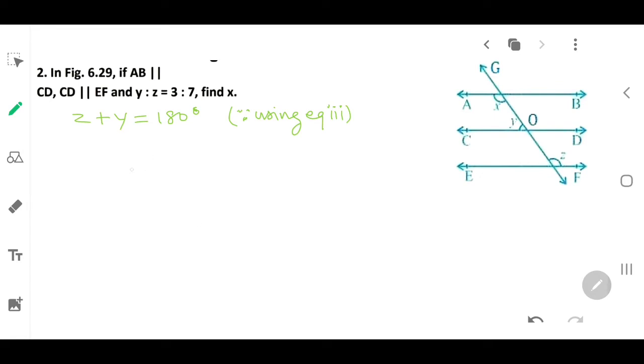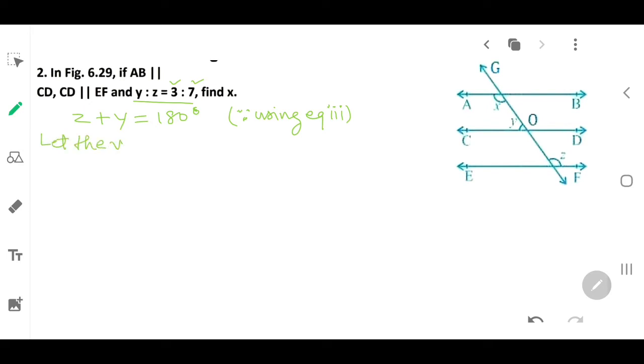Then we don't know what are the values of z and y in terms of measurement. But here y is given 3 and z is given 7. You can see here. Correct? Y is 3 and z is 7. But it is given in ratio form, and we know how we can convert the ratio into different values. So, we can write here, let